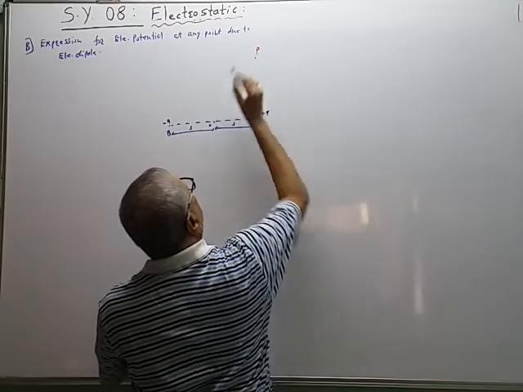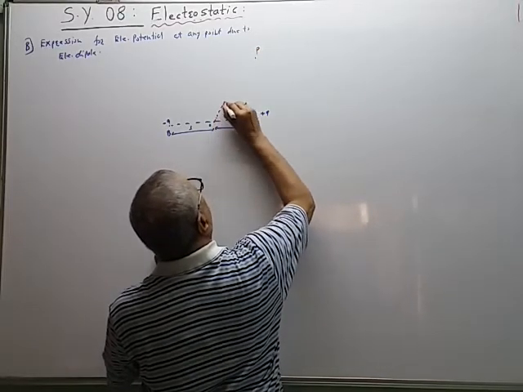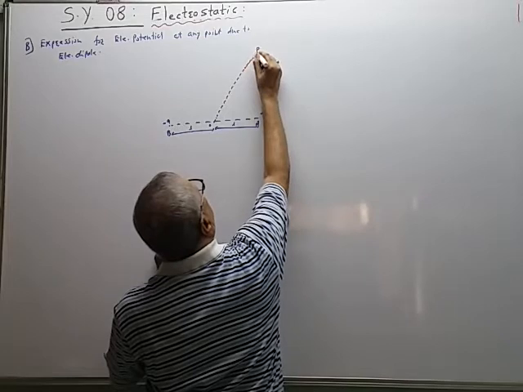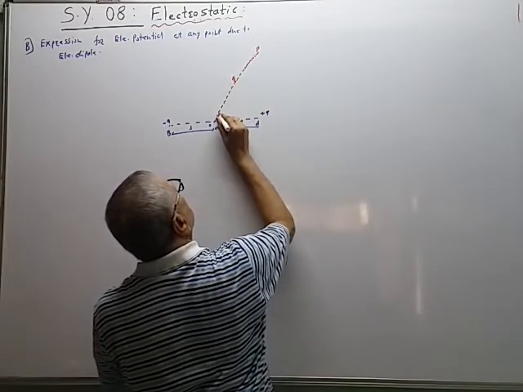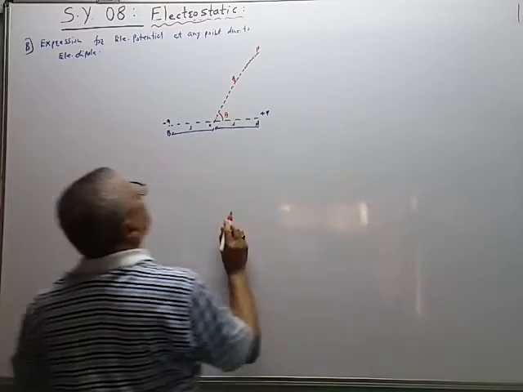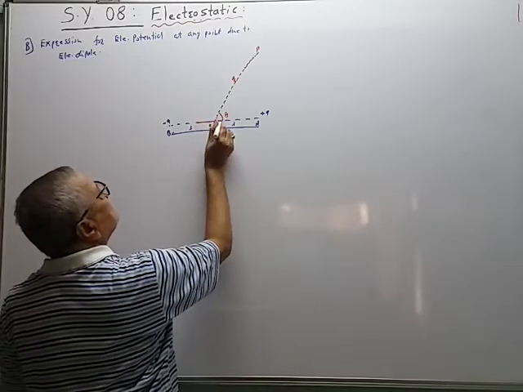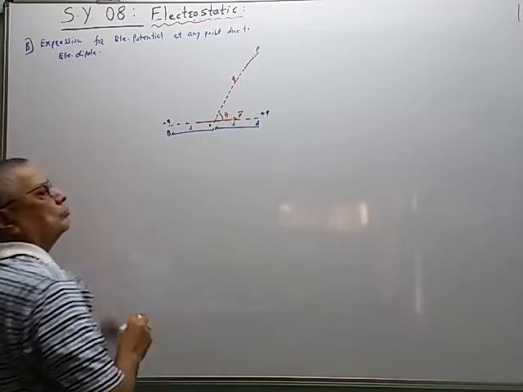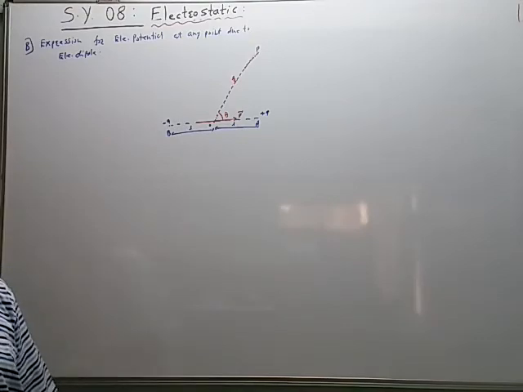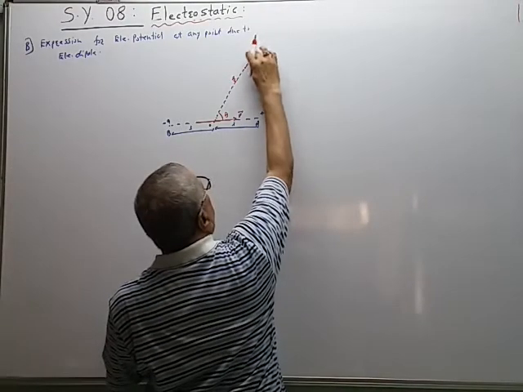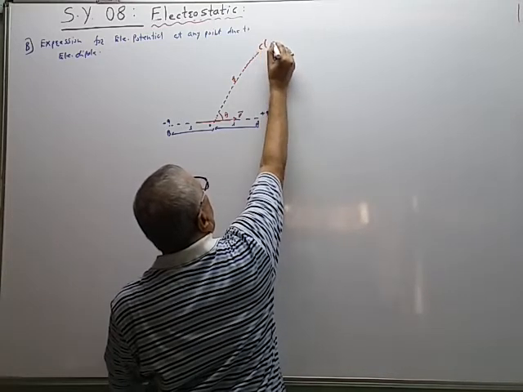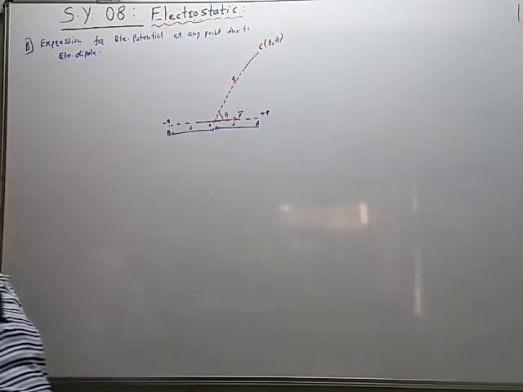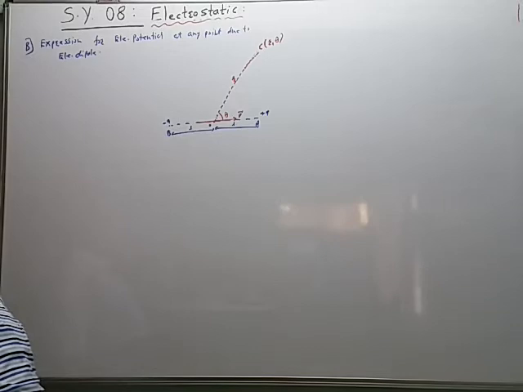Consider the point P. If we join OP, then this distance is considered as R, and this OP line makes an angle theta. So electric dipole moment vector is in the direction like this. So P is used for dipole moment, therefore we will denote it by this. So the location of the point C is denoted by r theta. R and theta, they are polar coordinate, not Cartesian coordinate.